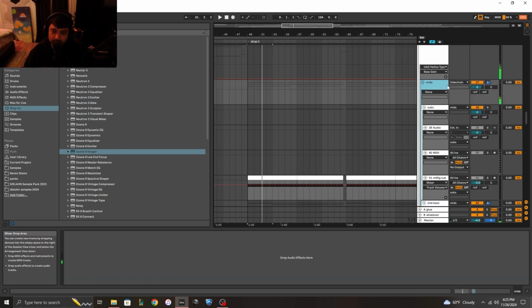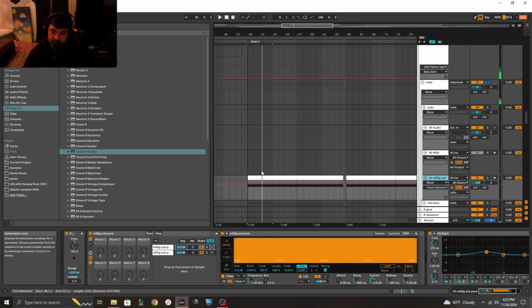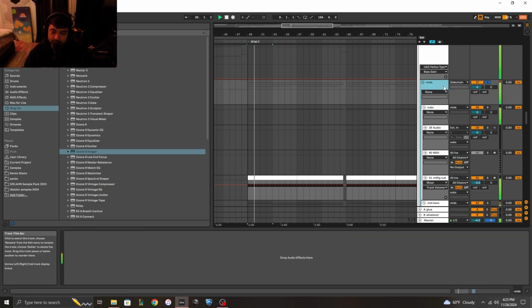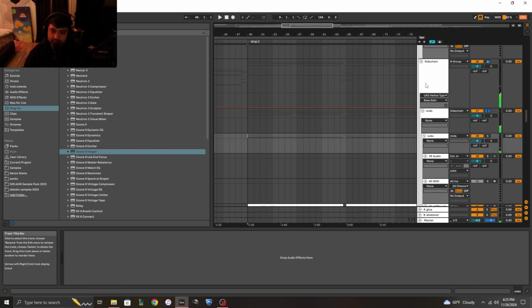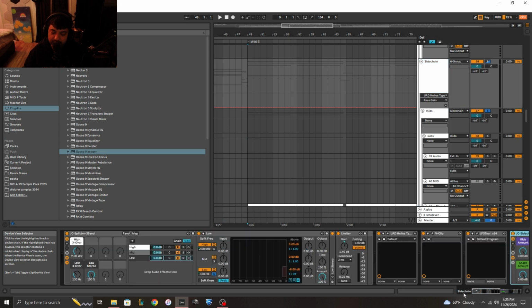Sometimes I'll put a limiter on my entire mid bus where it has the sub as well. Just for a little bit more organized gain staging. It sounds a little bit cleaner, but I've left it off just to get more volume out of what was happening. And then some other secret sauces like this